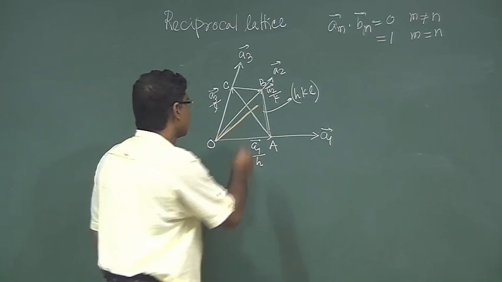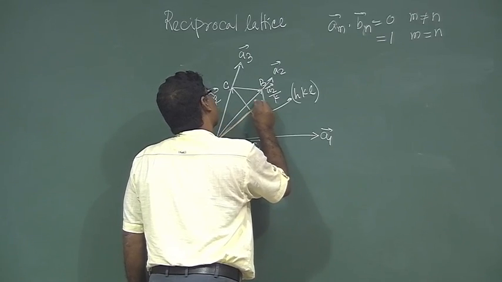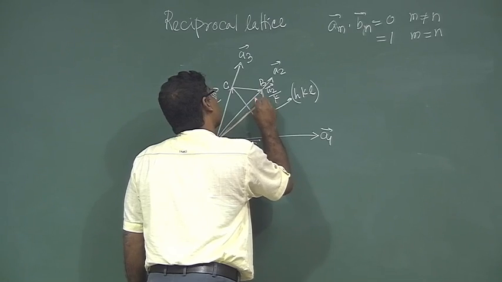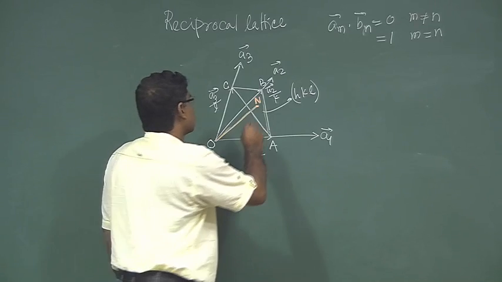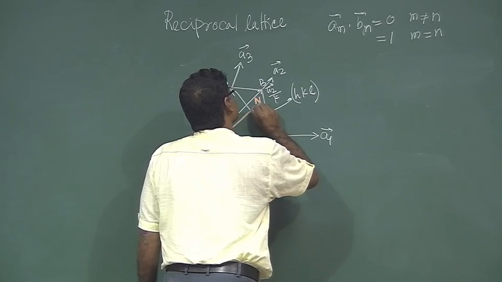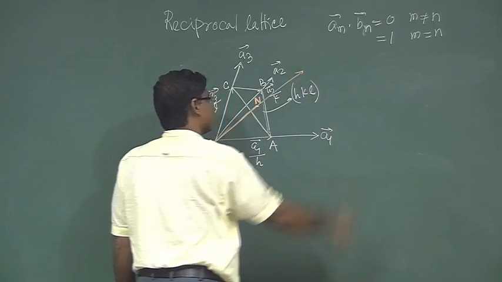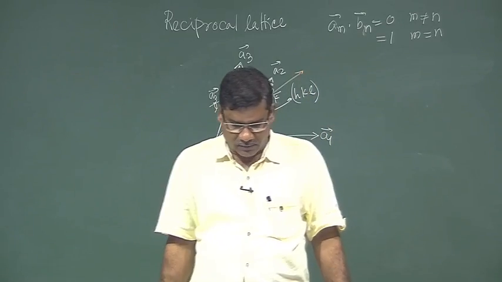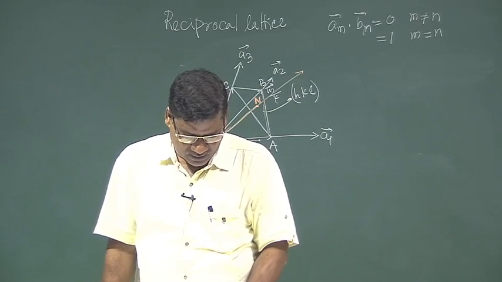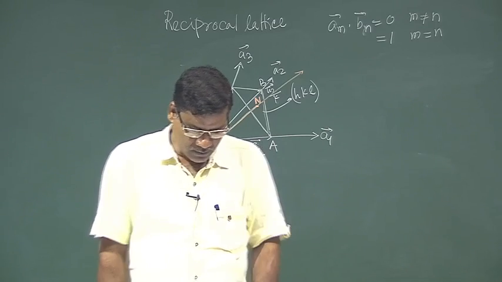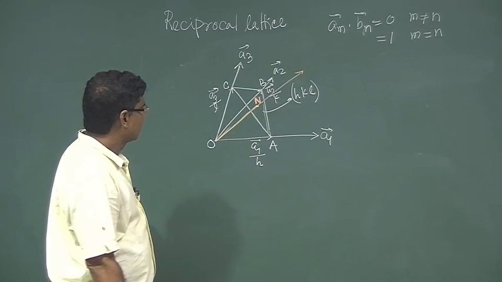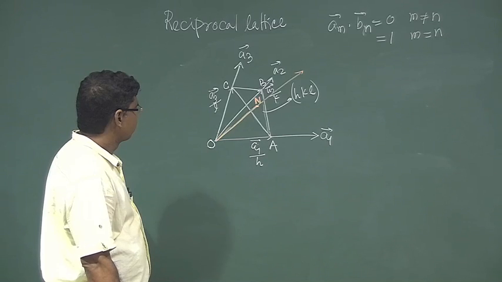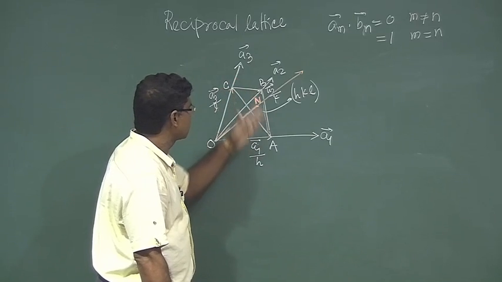Say this is n, ON is the normal on this plane, okay. So, if ON is the normal on this ABC plane,